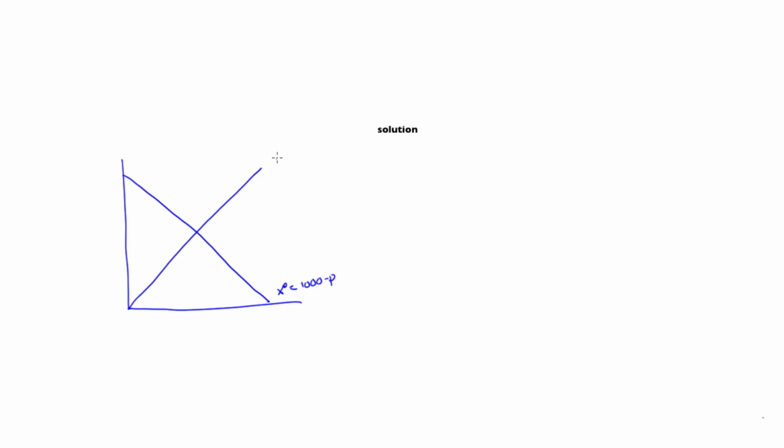So let's analyze the policy using the same technique that we have been doing in the video lectures. Let's plot the market here, and this is a market that looks like this, very symmetric. The demand is 1000 minus P, the supply is P. Notice that the equilibrium price before